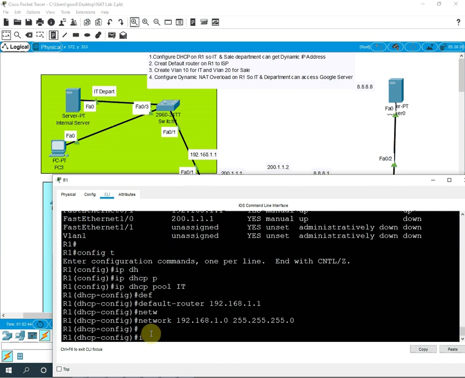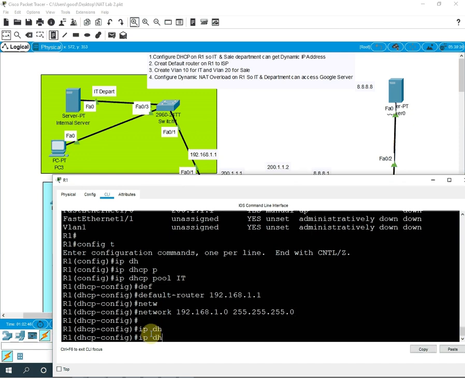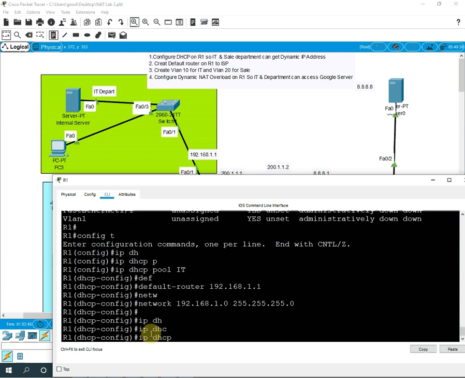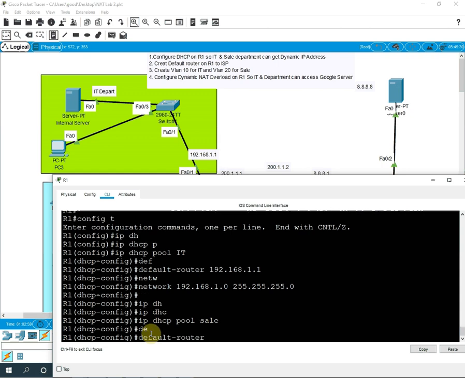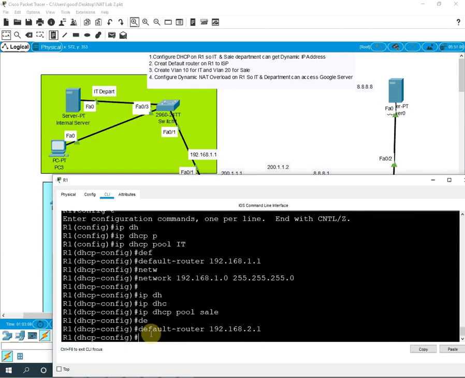I will write IP DHCP pool. Then we need to write the name, sales. So I will write sale. Okay. Then I will write default router 192.168.2.1, so this is the default gateway for our PC.